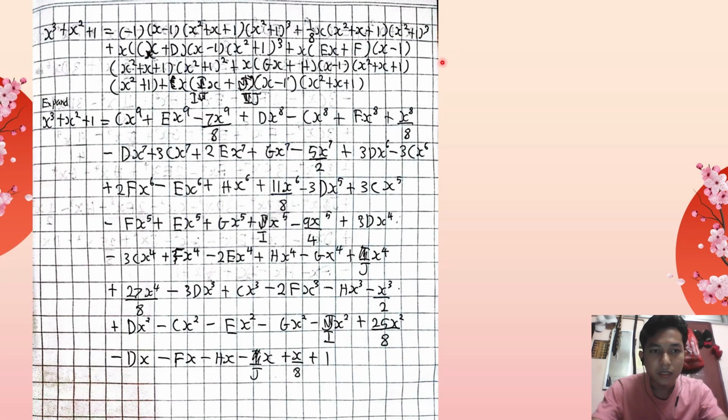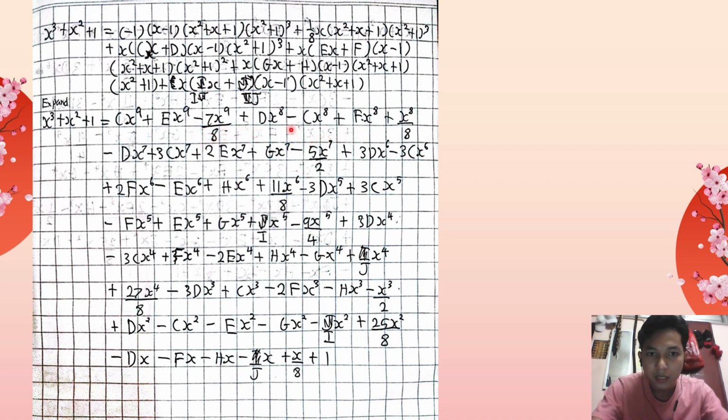After that, we can insert the new values of a and b, which are a equal to negative 1 and b equal to 1 over 8 from previous. Then we expand the equation, then we get cx power of 9 plus ex power of 9 minus 7x power of 9 over 8